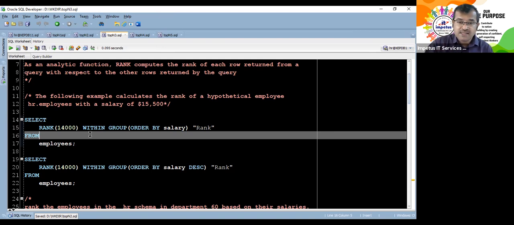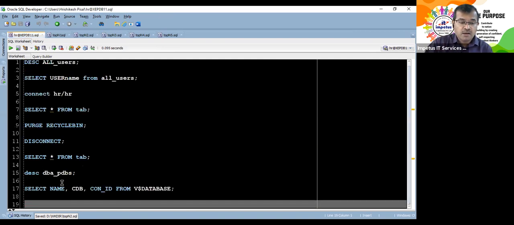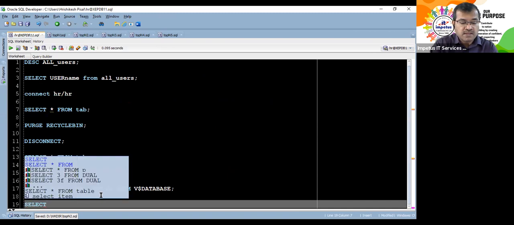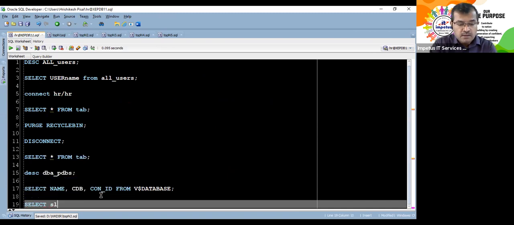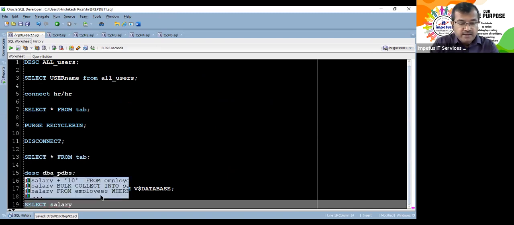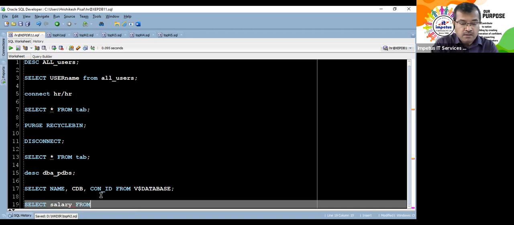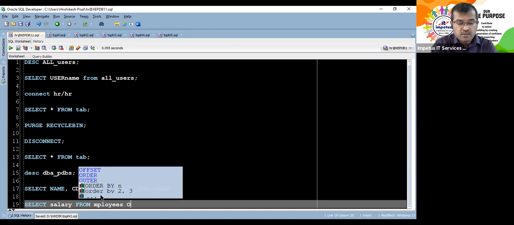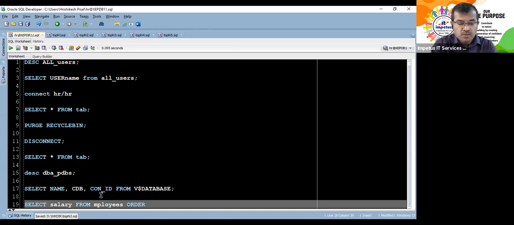If I had listed all the salaries in descending order, suppose I had said select salary from employees order by salary descending.